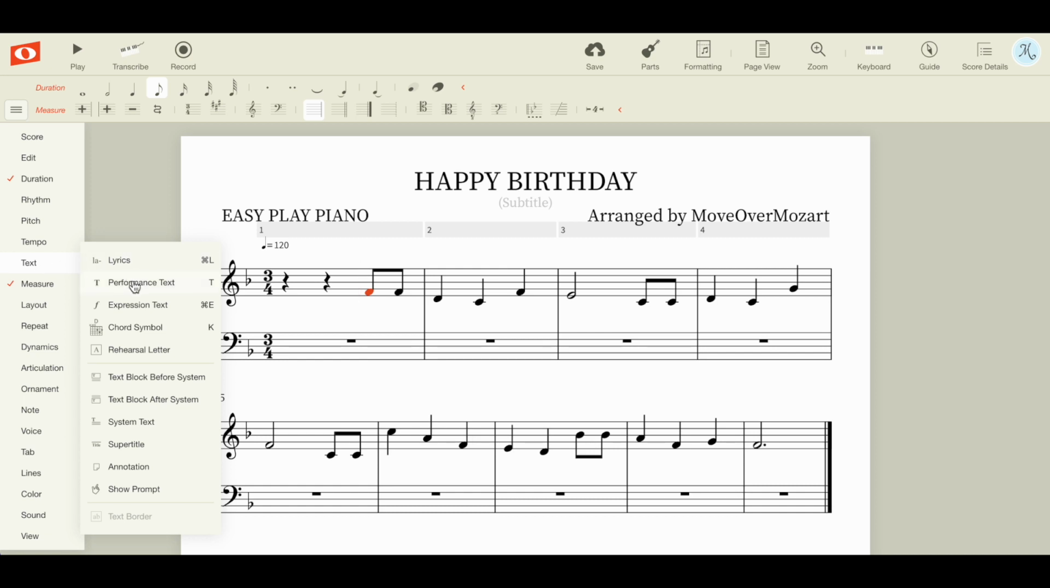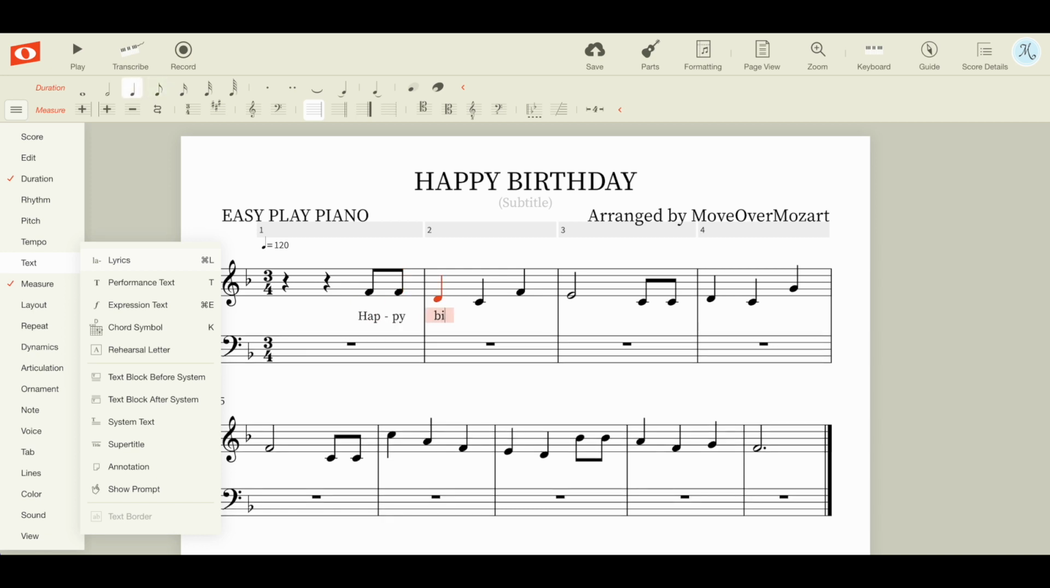You can hover and click performance text, or you can just click the T, or you can click in lyrics, which is Command L. Then it will automatically prompt you where to put the lyrics. So Command L, and we're going to type in happy birthday to you. Then I click the space bar for it to go to the next note, happy